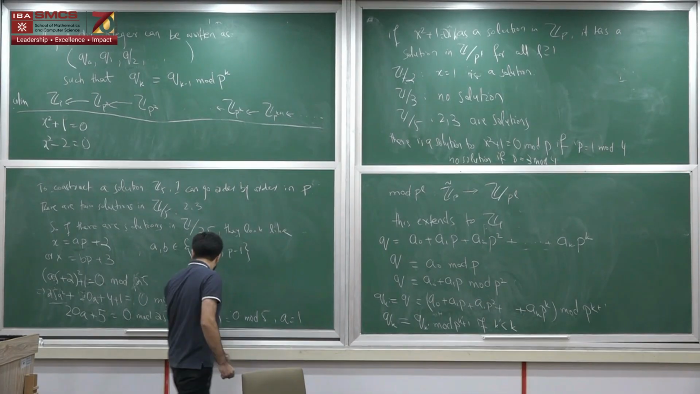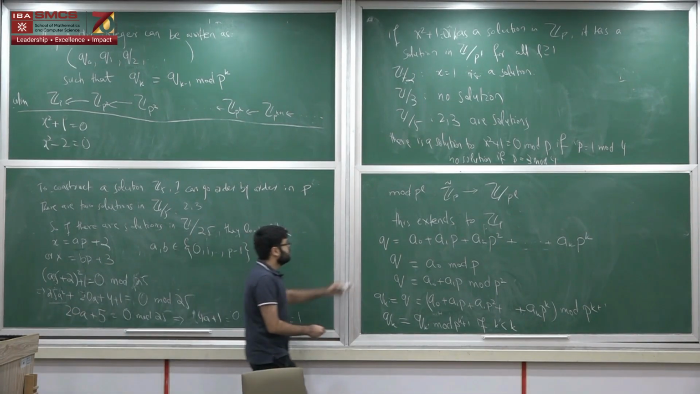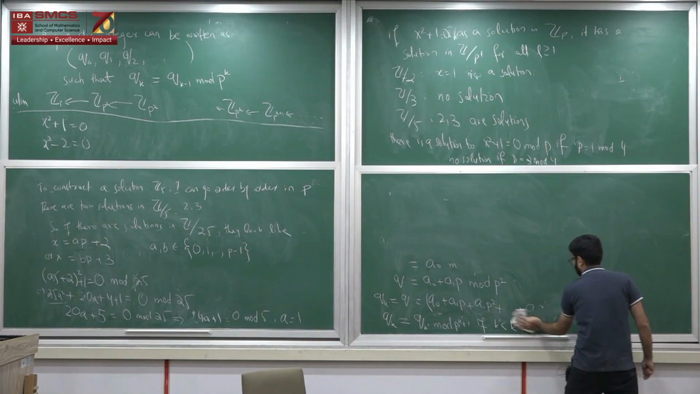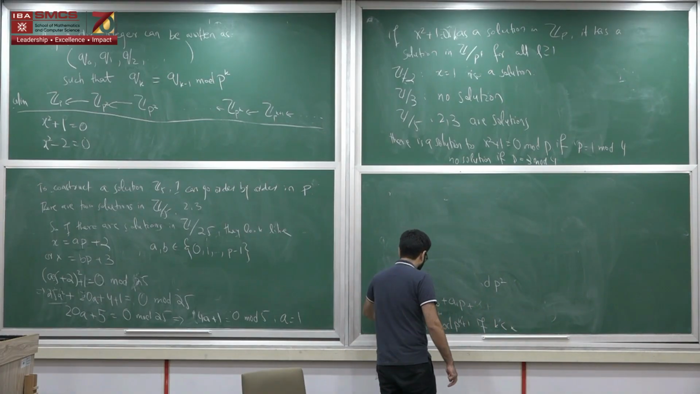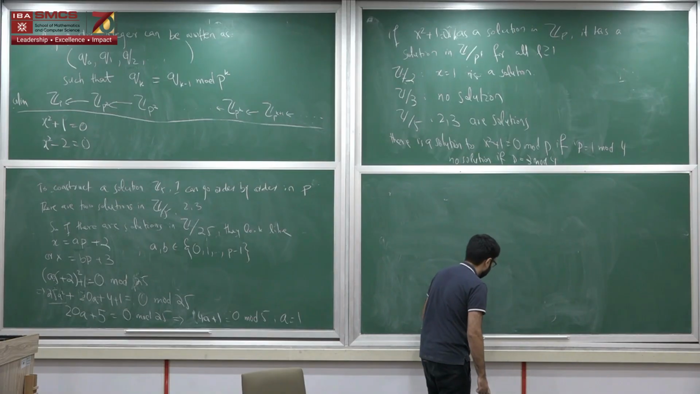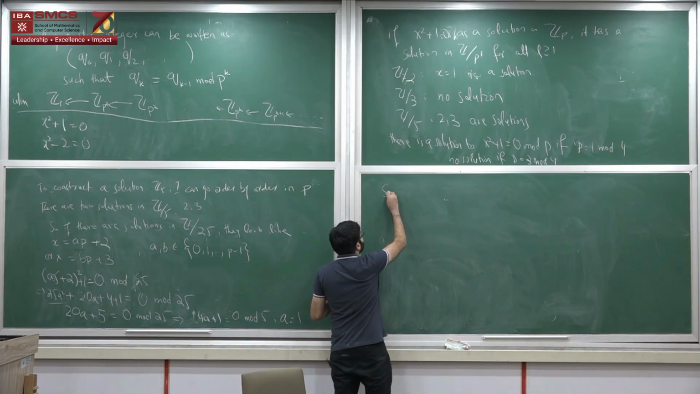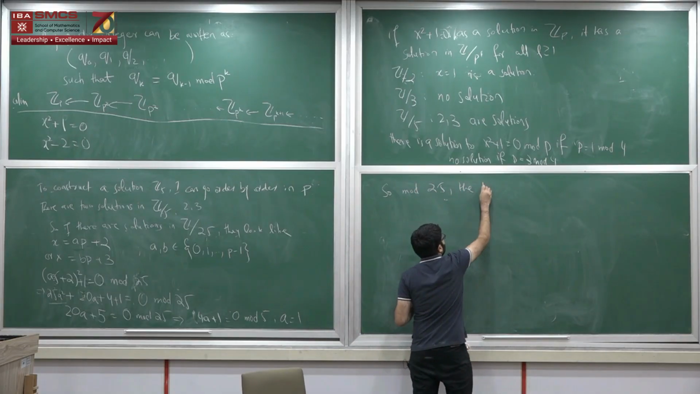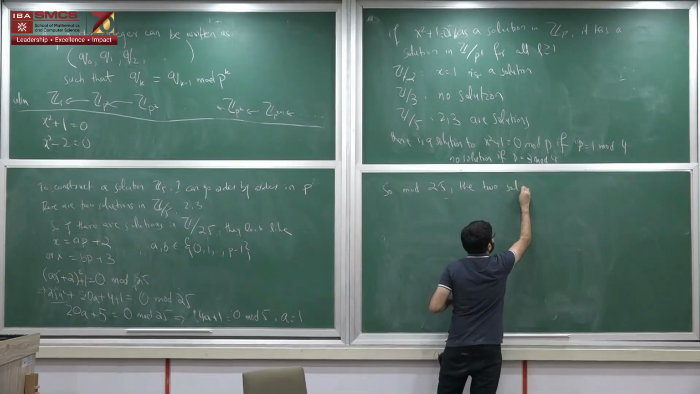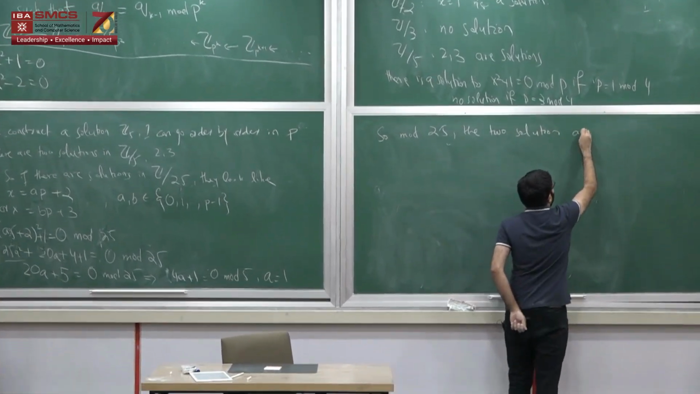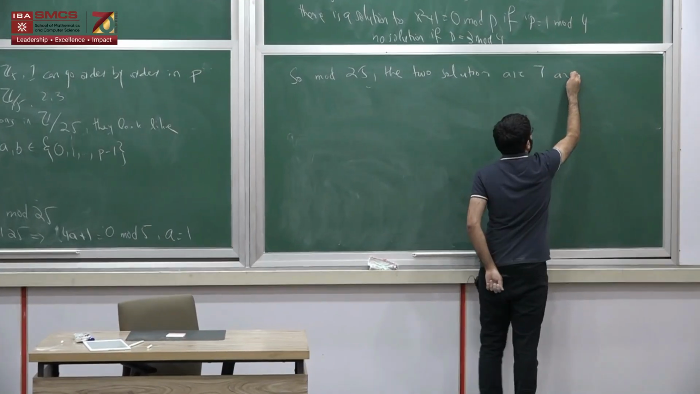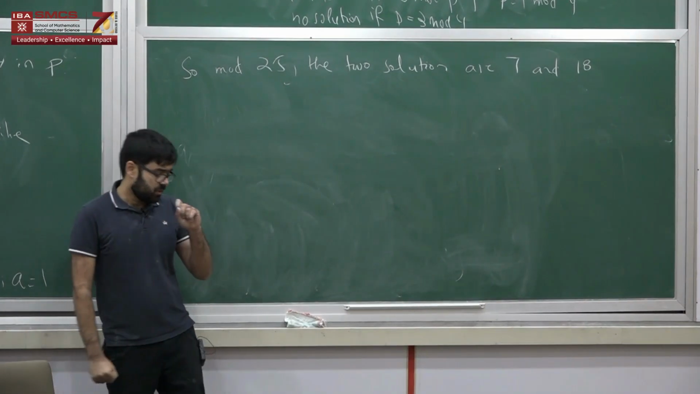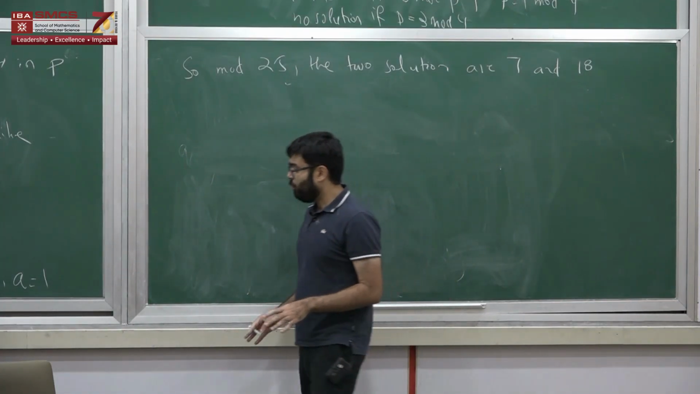So mod 25, the two solutions are 7 and 18, and 18 is just minus 7. So it will obviously solve the same equation. And the other thing I want to notice is that